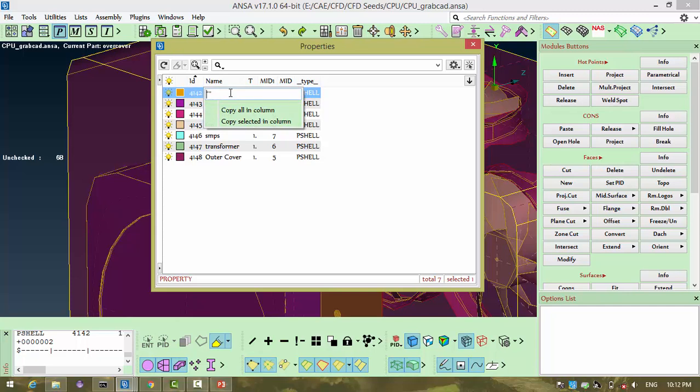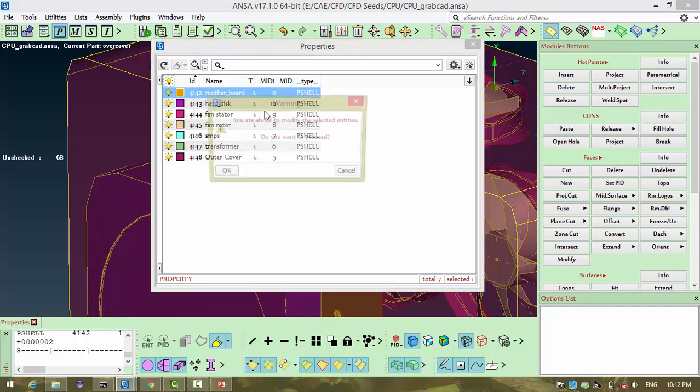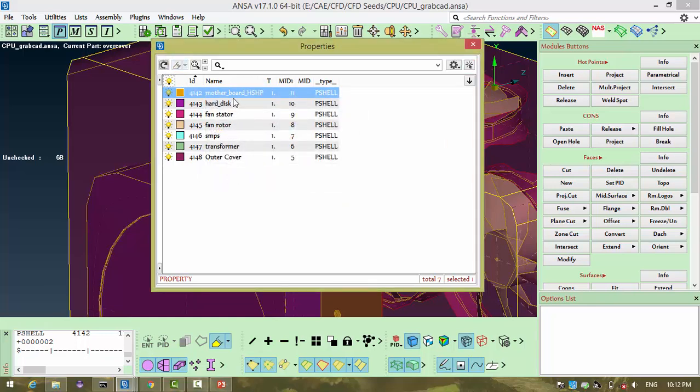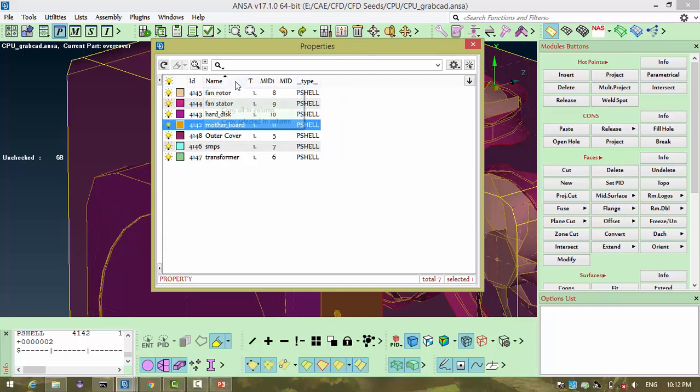If you put a dollar in front of it, this means your old string, which is just your PID name. The dollar symbol represents that, and this is what is going to be added. HSHP in front of it, put an underscore. Yes, it's working out. So in this way you can add,